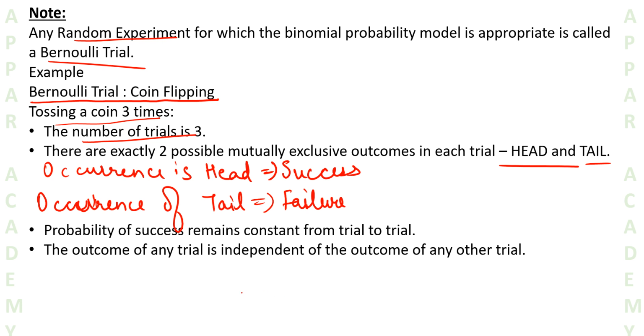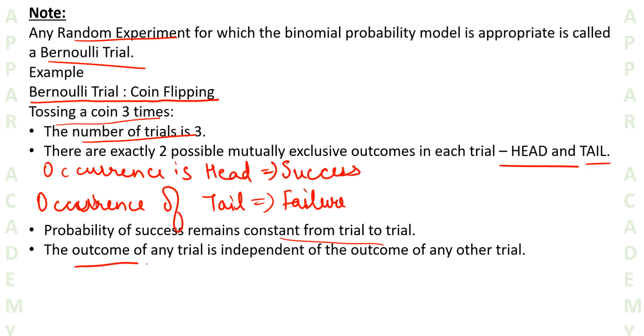It's quite obvious. Let's suppose we are taking an unbiased coin. So when I'm tossing that coin, I know that it's either a head or a tail. In our first trial, let's suppose head occurs. Now I'm flipping it again. So now in our second trial, it can either be head or tail, but the probability of head remains half. Again, we know that the probability of head is half always, so it will remain half only. It won't change just because of whatever result we got in our previous trial. Right? So probability of success remains constant from trial to trial.